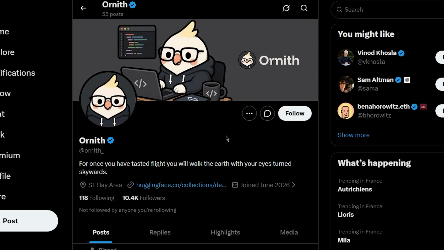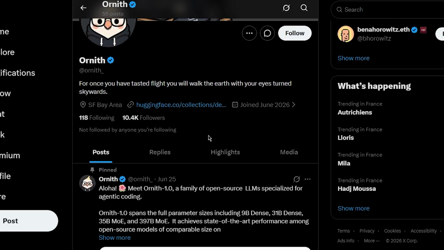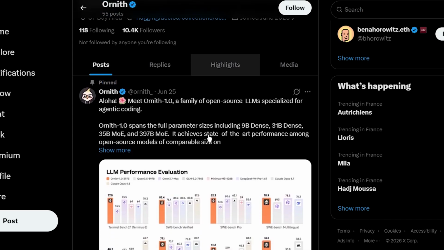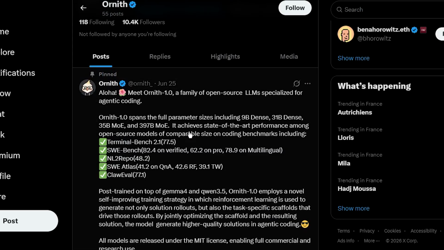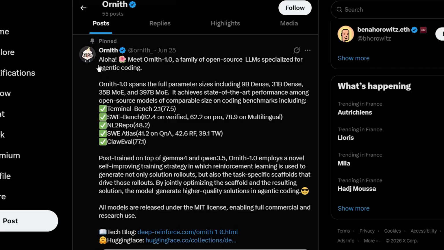There's a new AI model that just came out and it's free. You can run it on your own computer and it's beating models that cost way more money to use. I'm not exaggerating when I say this is one of the biggest open source AI releases of the year. It's called Ornith 1.0. And if you care even a little bit about AI, you need to know what just